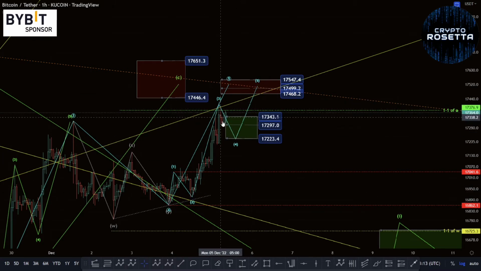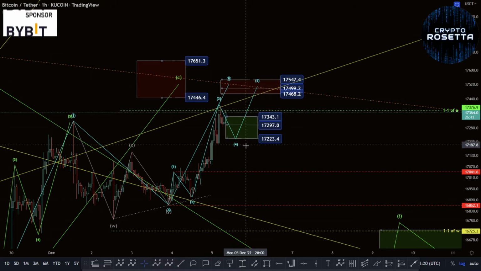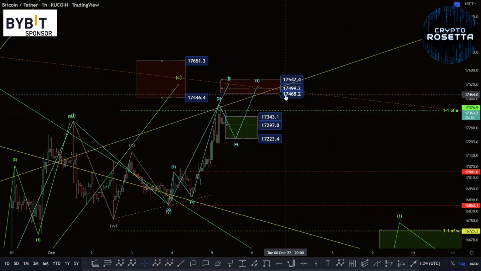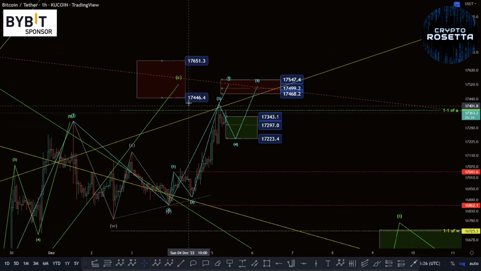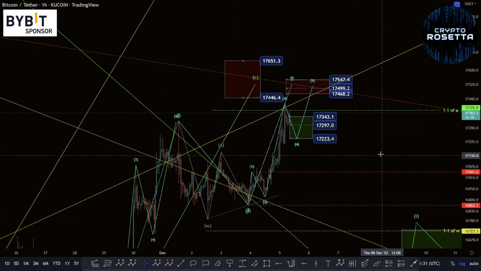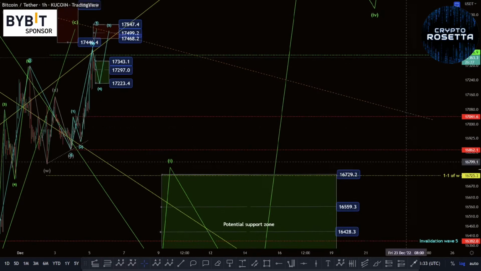So we can see here that we've got the same sort of thing going on. We could have finished this fourth wave already, and we're looking to push up, or we could look to form an A, B, and a C down into this low point, and then push up into this zone here of 17,547 to 17,468. Now, upon completion of that, what we would be looking for on this count is potential that